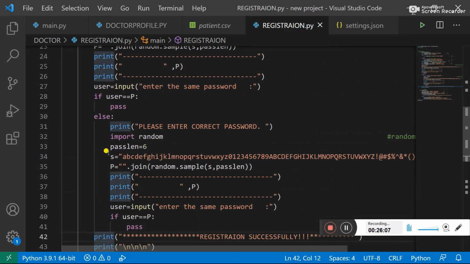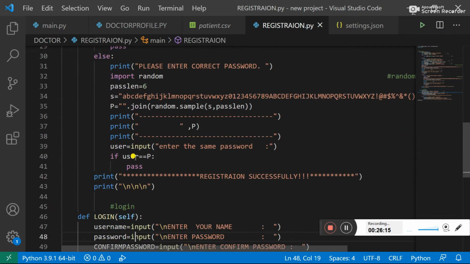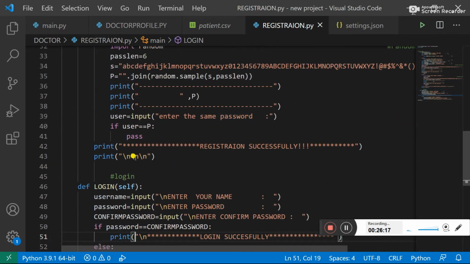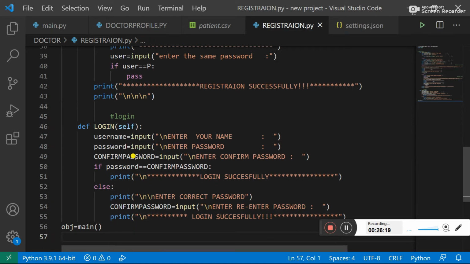If our password is correct, then okay, and if our password is not correct, then we have to enter the correct password, like that. Then after successful registration we have to log in. So in the login function we have to simply enter the username, password and confirm password.